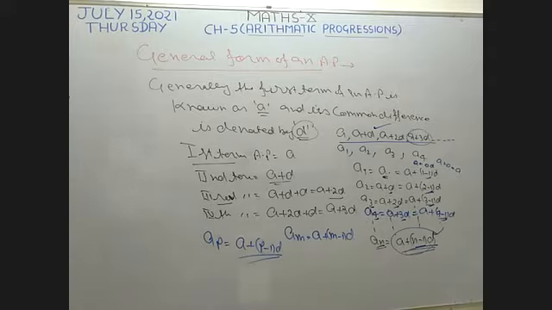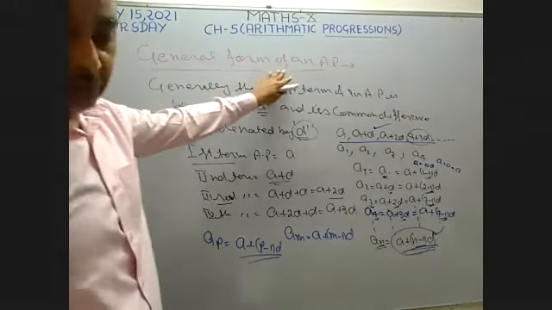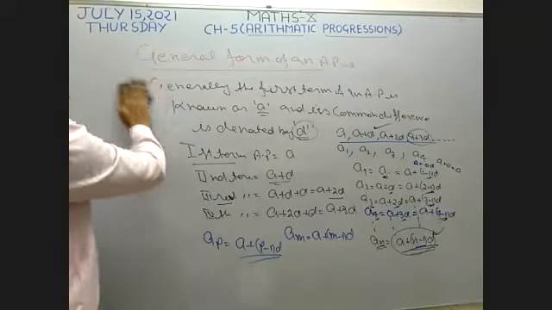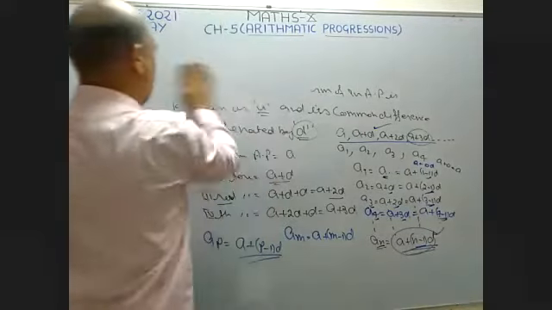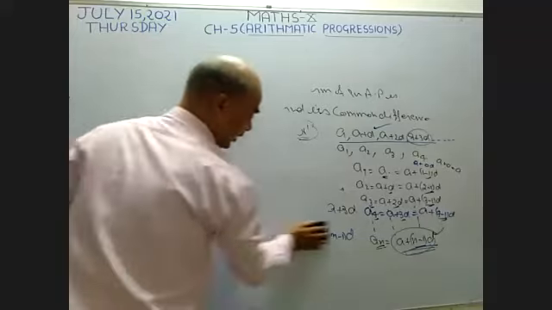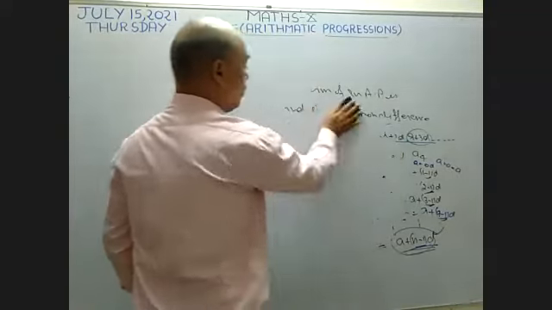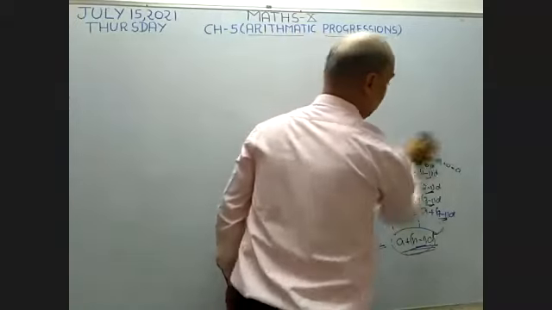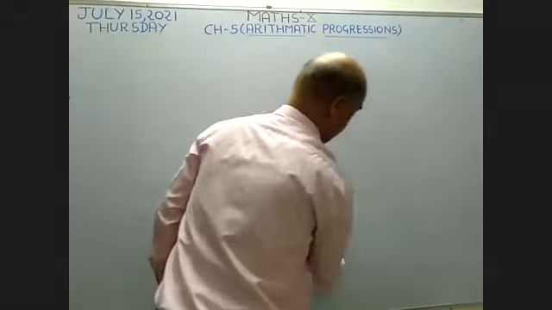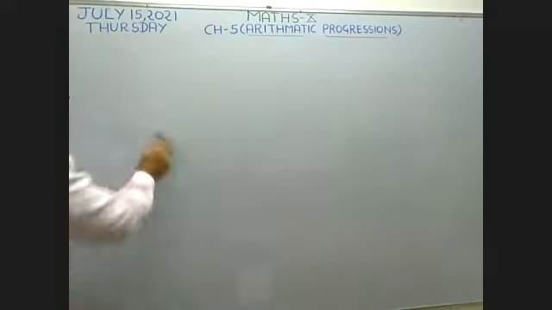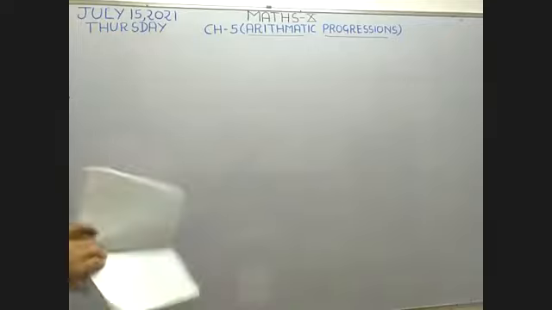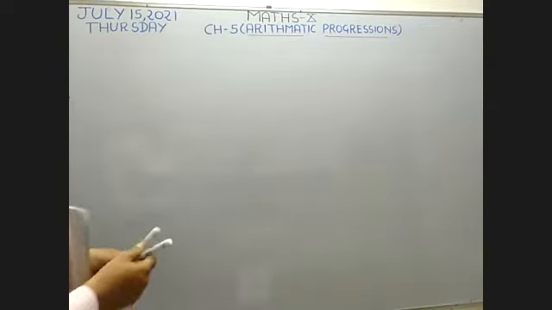Okay, students. Now I'm going to start exercise 5.1. Now open your books. I want to start exercise 5.1. Now the nth term of an AP is A plus (n minus 1) into D. The first term of an AP is known as A. Common difference means the difference between two consecutive terms of the sequence. If any sequence has the same common difference, then it is known as an AP. And if the common difference is not the same, then it is not an AP. Now I want to start exercise 5.1.